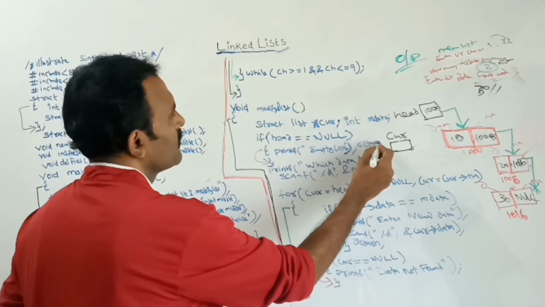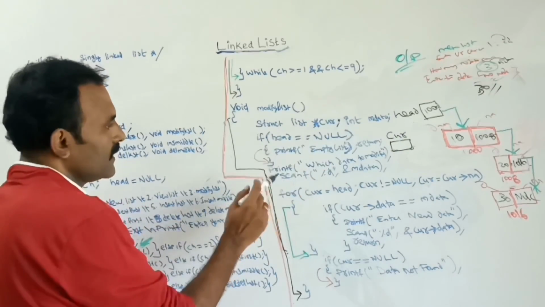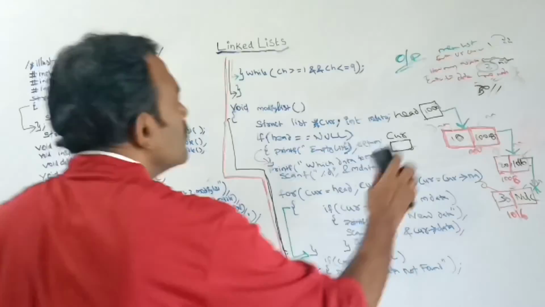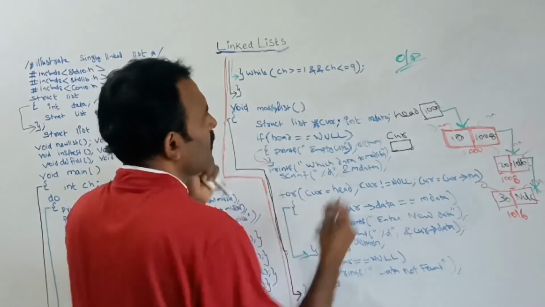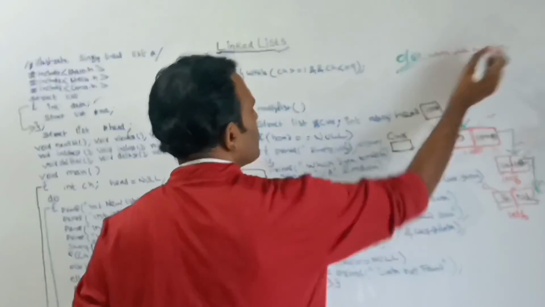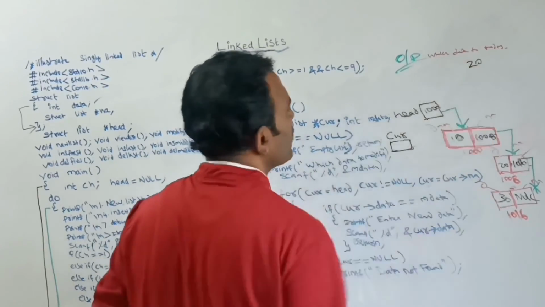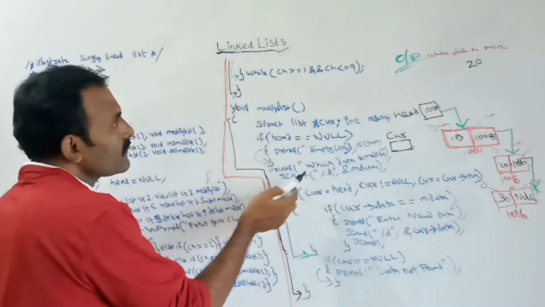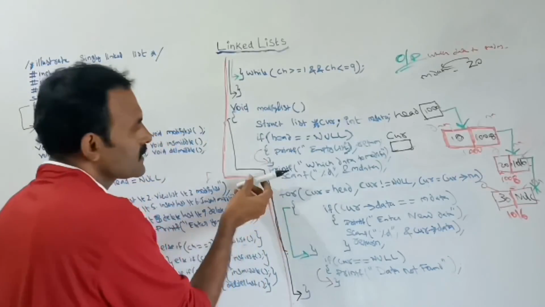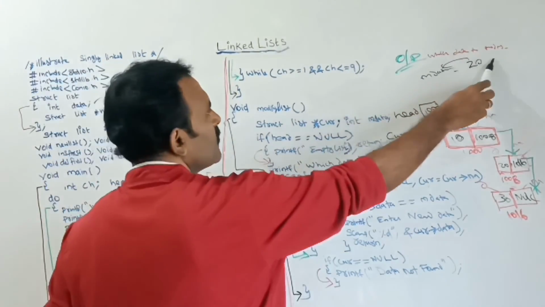Next we can give return, and the if condition I can close. Suppose if head is not null, then here I am asking which data to modify. So in the output, this message will be printed: which data to modify. Suppose you give, let us assume, 20, so this 20 is stored in m data. Next, by using the scanf function, I am getting it in m data. The value given on the keyboard is stored in m data.